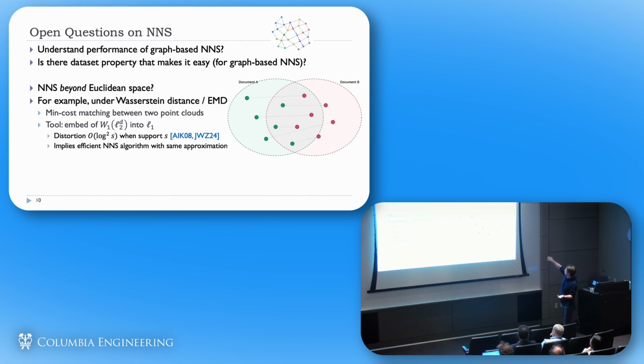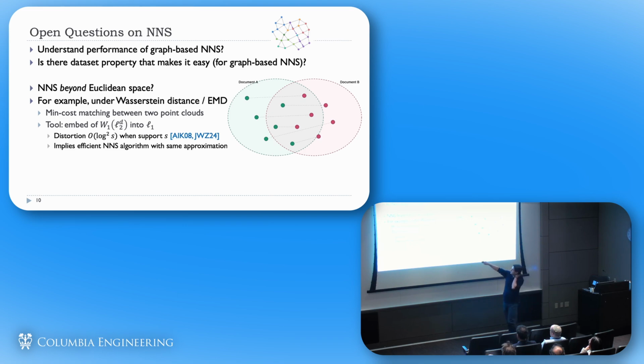We have clouds of points, and we measure somehow the distance between them. Let me take this and embed it, in a functional analytic sense, back into some space that we can deal with, let's say Hamming space or Euclidean space. L1 is just more natural here. With small distortion, with small approximation, and then just use nearest neighbor search for the Euclidean space.